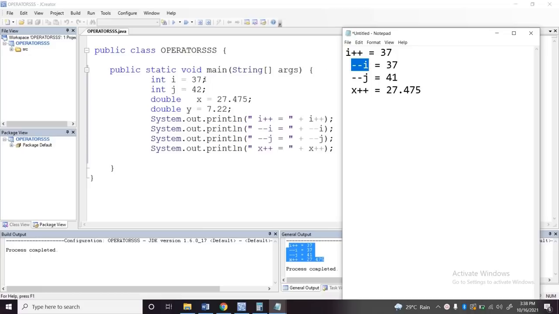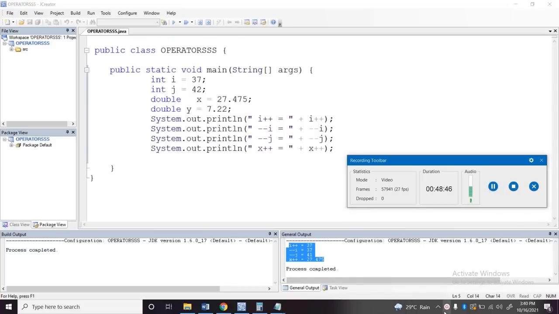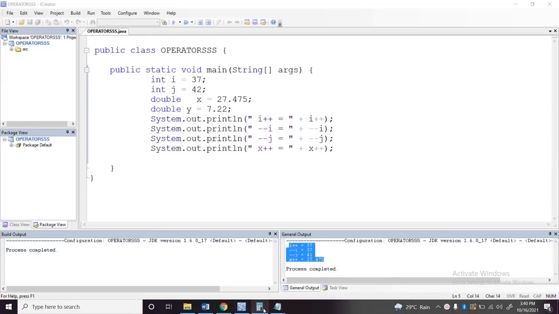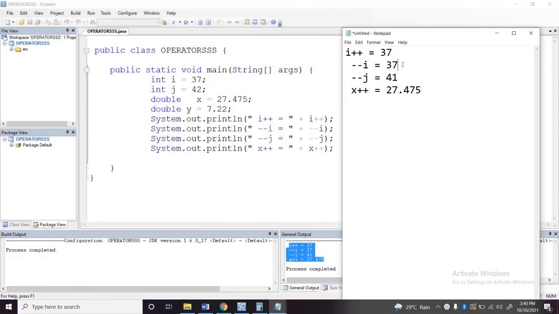Okay, compare din natin dito sa minus I. Ulitin natin ha, ang value ni I is 37. Okay? So, yung 37 natin, bakit kaya ang sagot pa din natin is 37? Going back here, it says on the answer that the answer is still 37. Since we are going to make use of the plus, if we are going to use again the value of I,